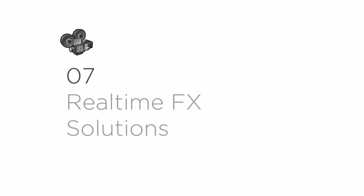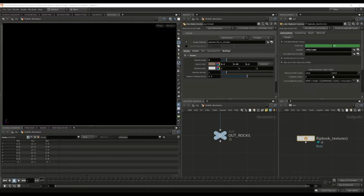So inside the volume, you have your backgrounds, you have your environments, but you might also have some real-time effects. Maybe there's a fire or an explosion, something happening in the volume, something that allows the actors to respond and react. So instead of putting that in post-production, that can happen within the volume. And of course, Unreal's doing a lot to create effects as a key part of their tool set, and Houdini can feed that really, really well. So